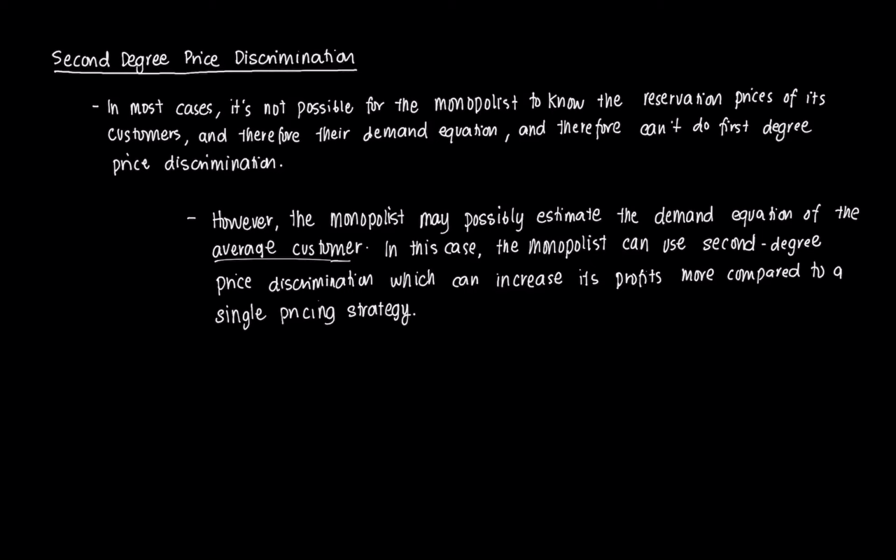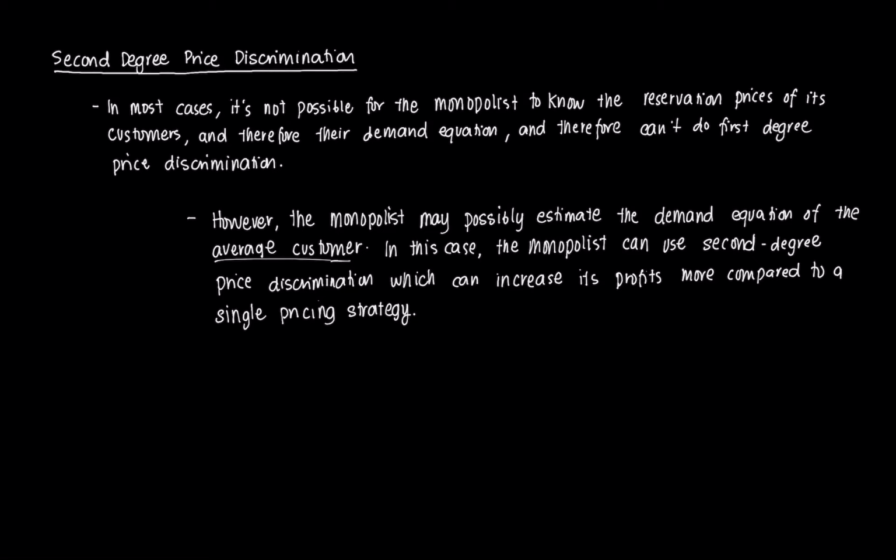So, hi everyone, and welcome to this video on a brief introduction to second degree price discrimination. In the past few videos, we've been dealing with examples of price discrimination which fell under perfect price discrimination, in that the producer or the monopolist knows exactly the reservation price or the maximum willingness to pay of each